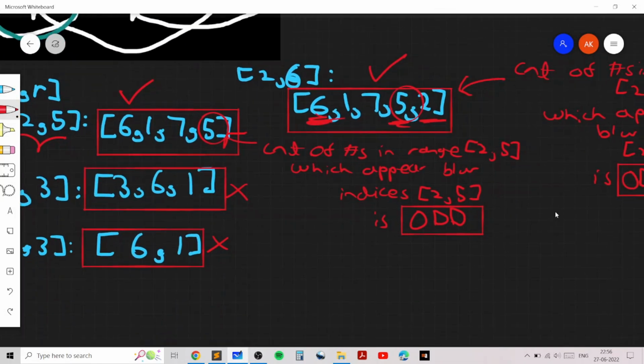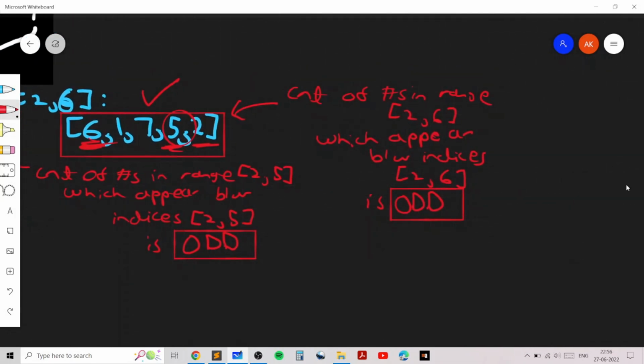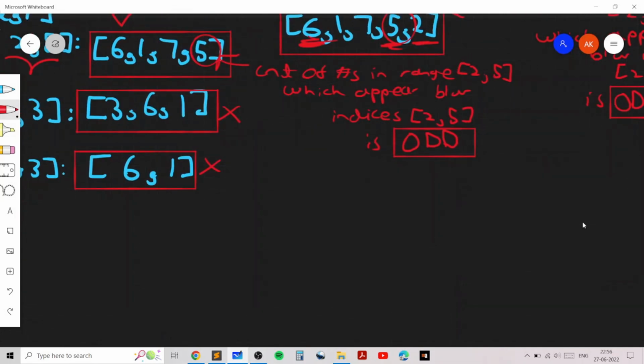And in general, it will always be the case that the numbers which are swapped will always appear in pairs in the range, and the identity element will be the only single element which will make the count odd. So if you consider the other two examples, you will realize that the count is even, because count